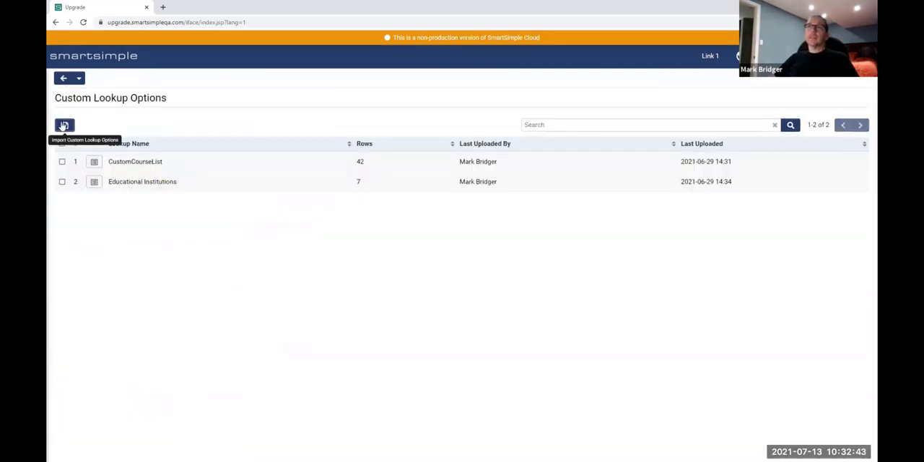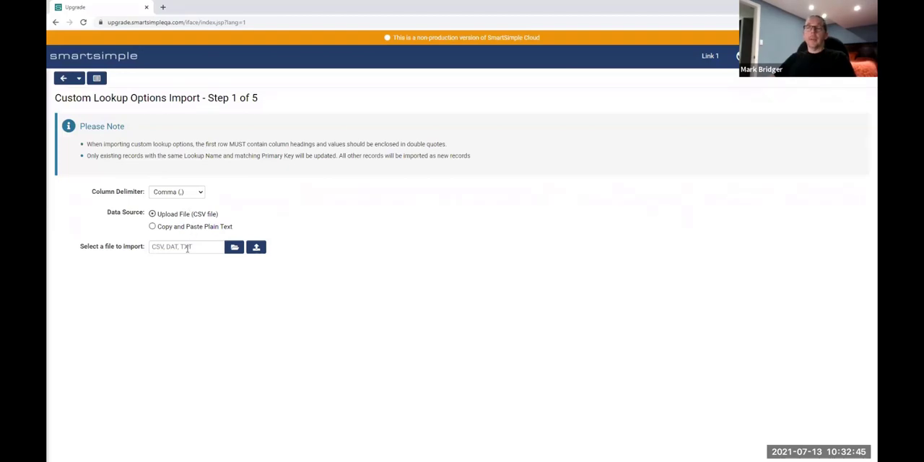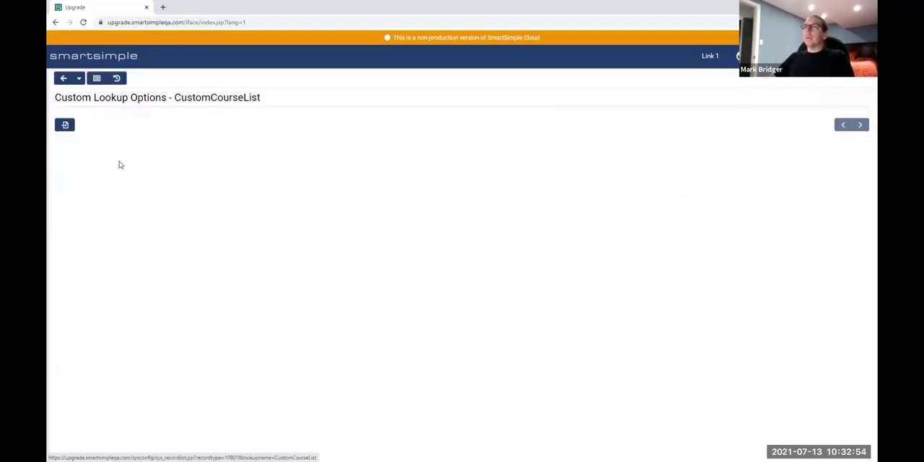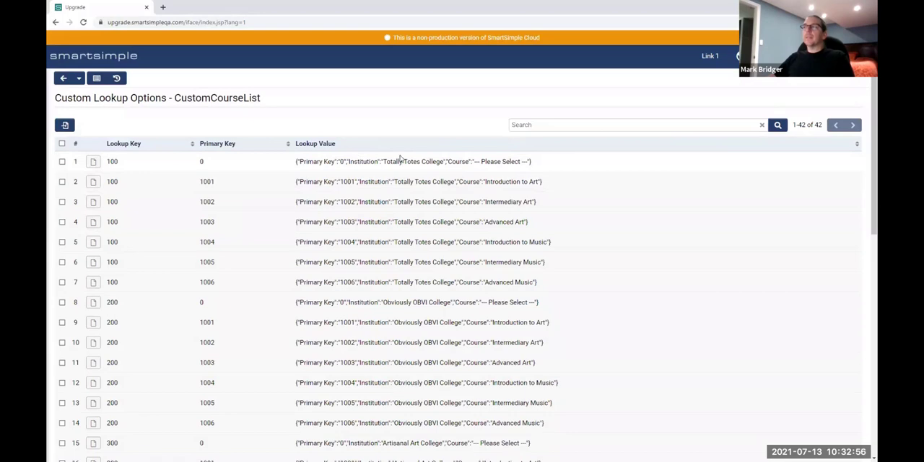So here what I can do is import a CSV with all those options the way I want it. And once I get it set up here, and mine's small records, so I'll just show you it. Basically, here's my institution. So I have my list of all my institutions, and I have my list of all my courses. And once I've done that,